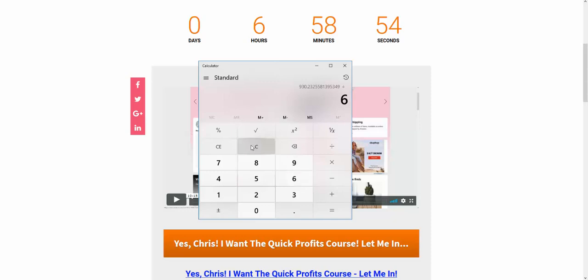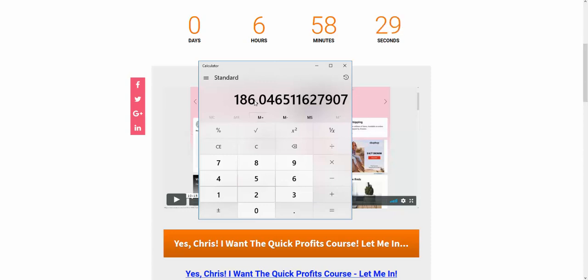Divide it by the number of sites you need. 6, 5, 4, 3, 2, 1, whatever. And each site will have to make $155. So you can play about with that figure. $8,000 a month divided by 4.3 is $1,860 a week, divided by the number of sites. So you could say 10. Each site has to make $186, and then of course